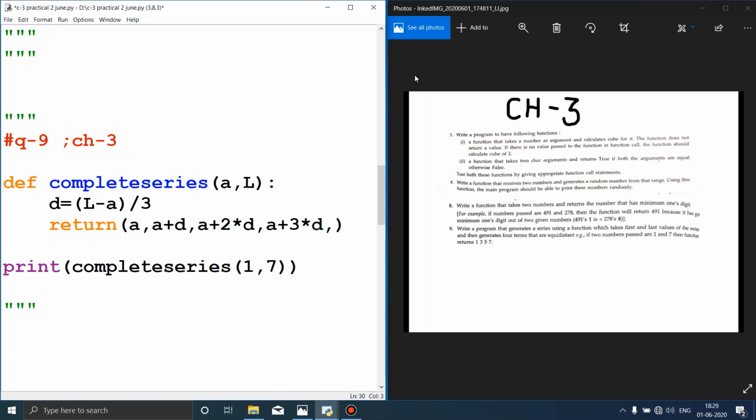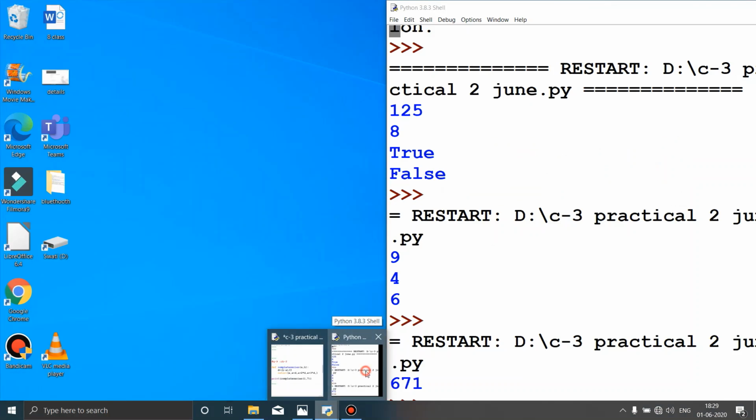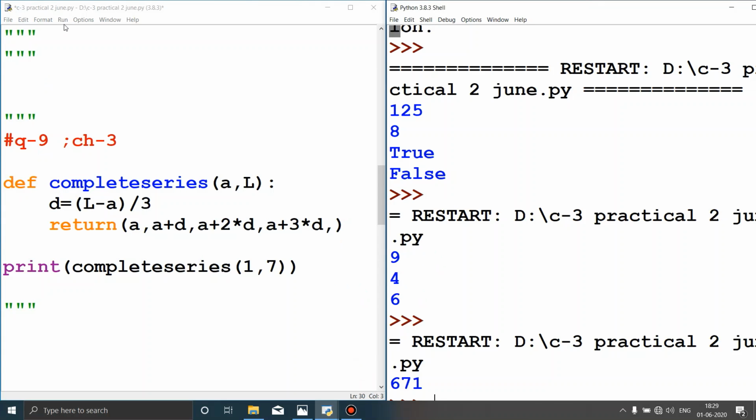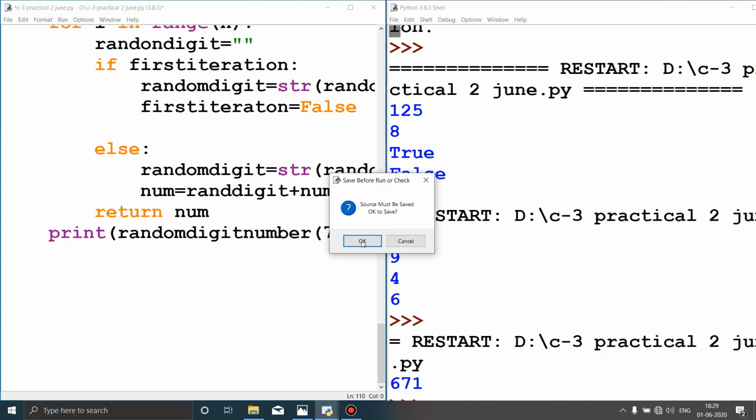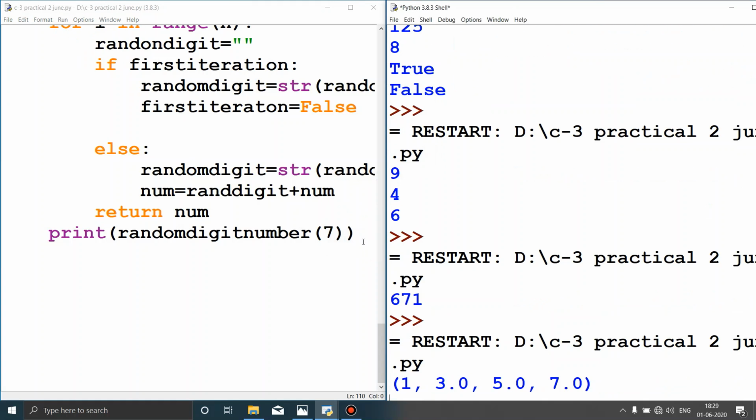Now let us see the answer also. Let us run this program and see whether we are getting the result or not. Okay, you are getting 1, 3, 5 and 7.